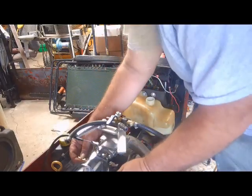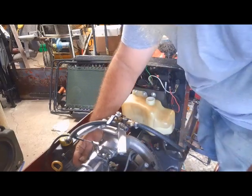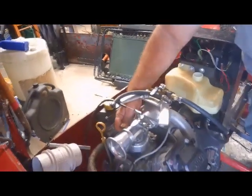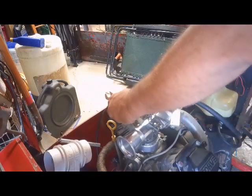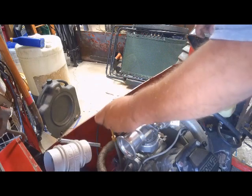So you guys can still see it. I don't think you can see me over here on this side, but let me turn a little bit, point you down a little bit more. There you go. I got my big pole arm in the way, but